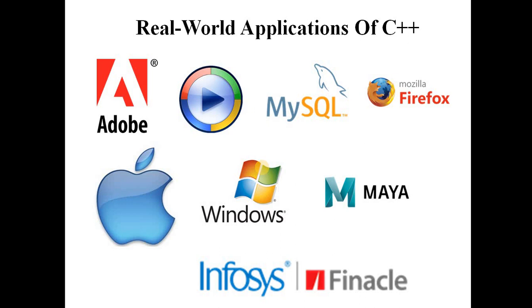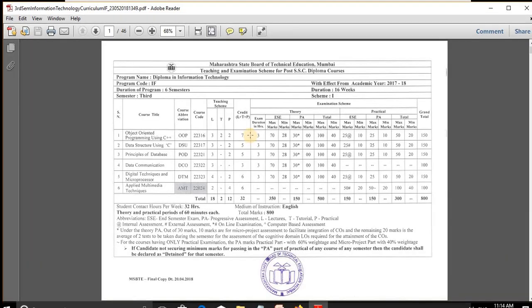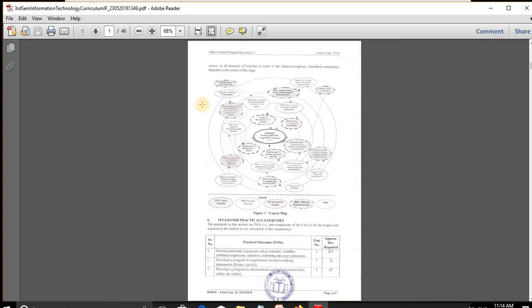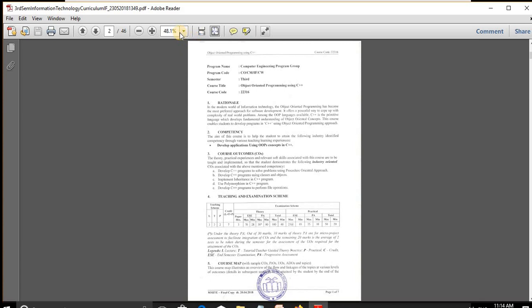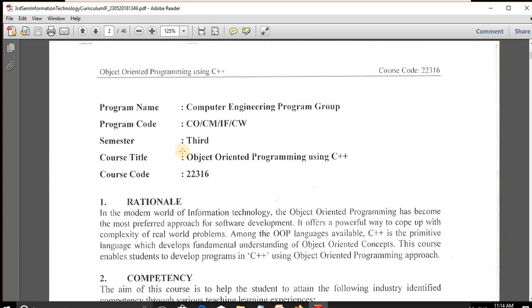Now it's time to see the details of the Object Oriented Programming using C++ syllabus. Here is our course title, Object Oriented Programming using C++.